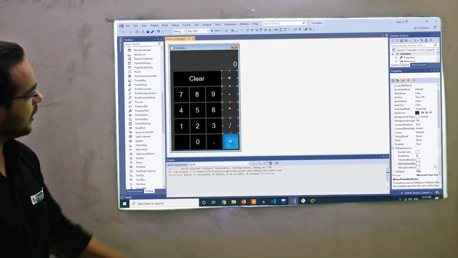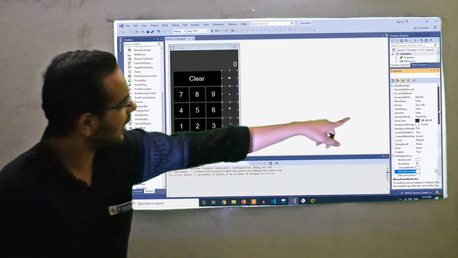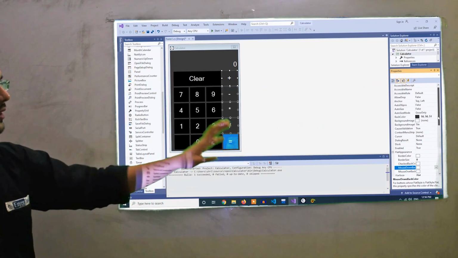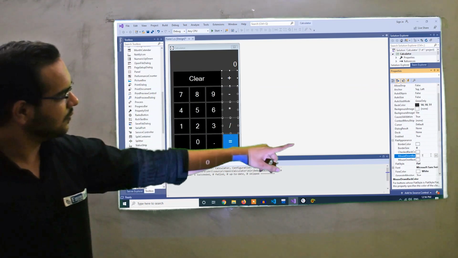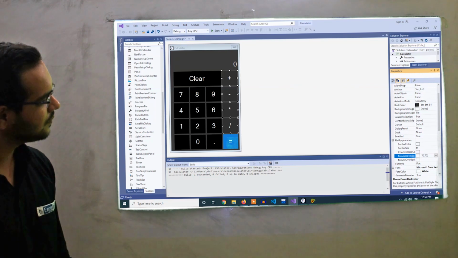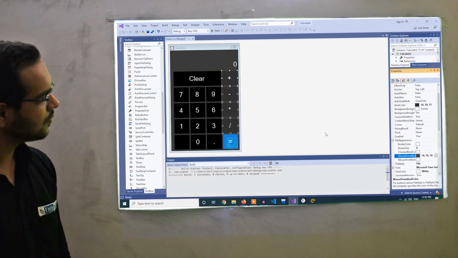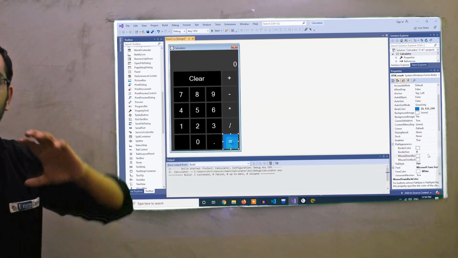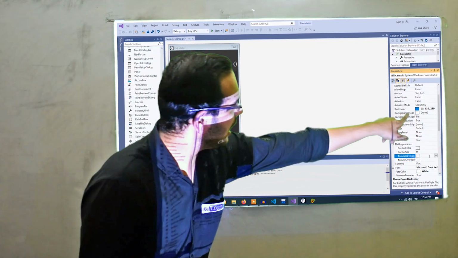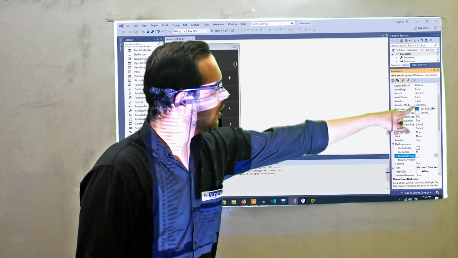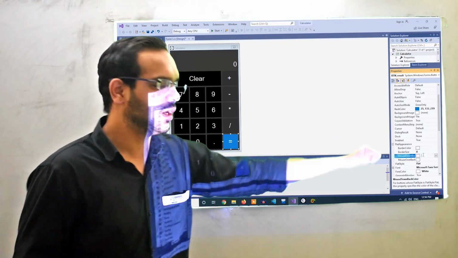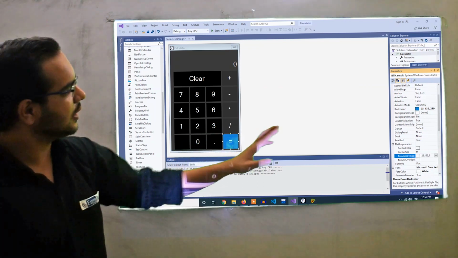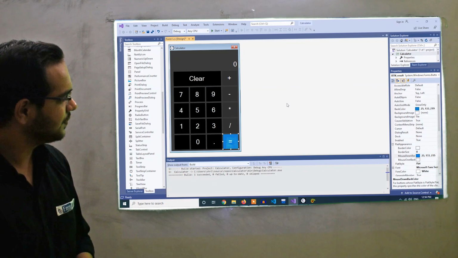Now select all these four buttons. Okay, see what is background color 50, 50, 50. So it will be around 70, 70, 70 will look great. So same flat appearance 70, 70, 70. Right, and go to this equal to color. Now we have to write light blue color. Okay, so this is R, G and B. So we have to change the B property to get light blue color, right? So it will be 25, 133, let's say 235 will be okay.